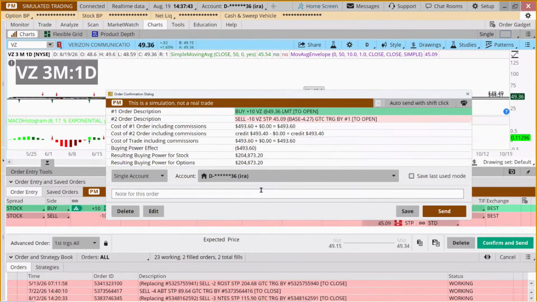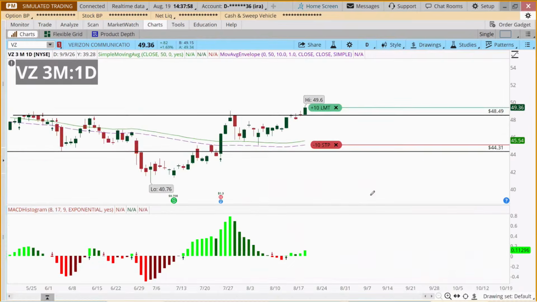Kind of double check everything. My investment here, the buying power, is drawn down about 493 bucks. Purchase price, limit order at 49.36, stop order at 45.09, no guarantee to get filled at 45.09, and we send the order off. But the takeaway on this one is if this stock was below the moving average, it would probably take second or third or fourth place compared to something else that had a buy signal.